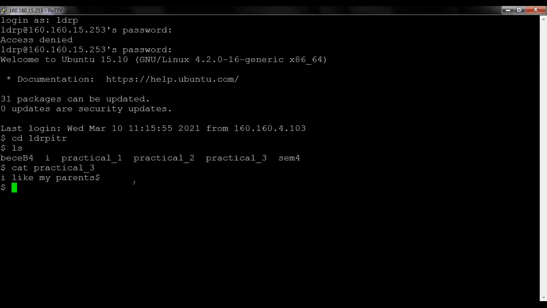So this is practical number 3, with cat. With touch, with vi, and with cat we can create a file.